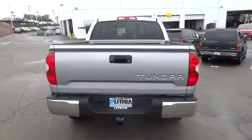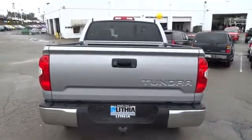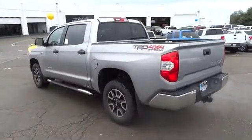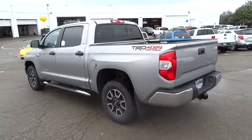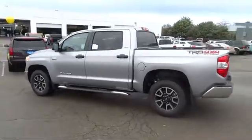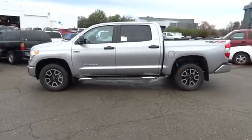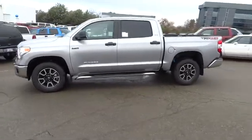With a towing capacity of up to 10,000 plus pounds and a payload capacity of over 2,000 pounds, the Tundra is the perfect mix of power and efficiency. Here are some of this vehicle's great options: four-wheel drive, keyless entry, backup camera, Bluetooth, adjustable steering wheel, power steering,